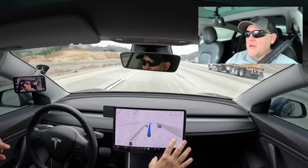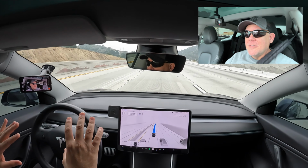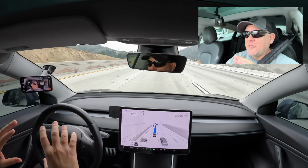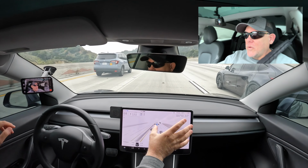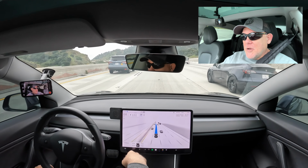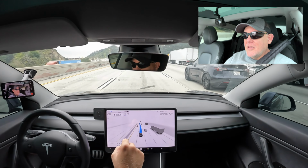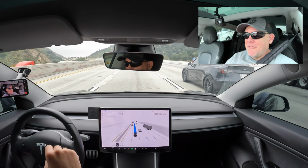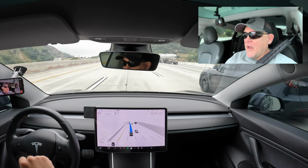I love this full screen thing for full self-drive. When I get in my Y, we only did the full self-drive trial, that 1 month period, and then we just let it lapse on that car. So when I get in that car, it's weird that the yellow lines don't show up, the visualizations are way more basic, so you do get more stuff on the screen for sure if you have the full self-drive package. We're doing it every 3 months at a time because I still have credits built up